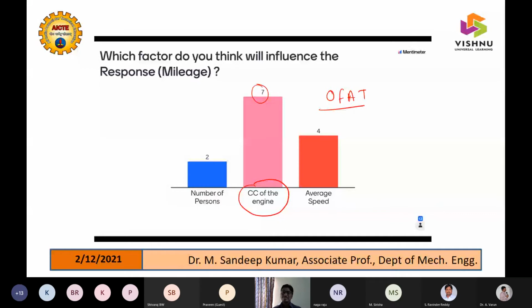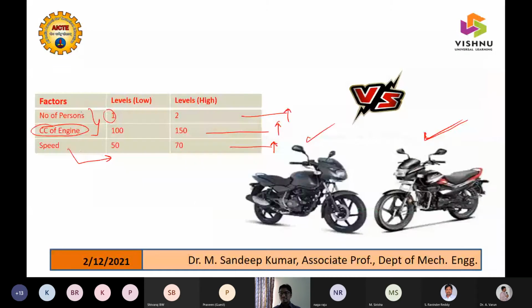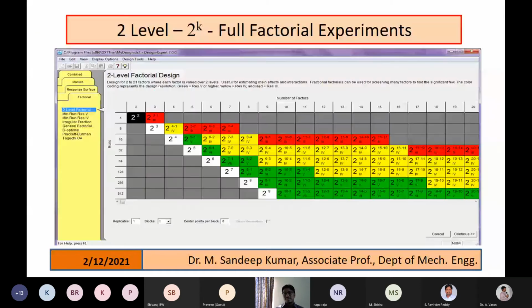So I am taking this 2 to the power of k full factorial. I am having only 2 levels here, just for preliminary experimentation. Now coming to this chart, everyone knows that this is the window which opens up when we open Design Expert. That is factorial experiments. This all white is generally full factorial, then green is fractional factorials. As we were looking into in the last session also, 2 to the power of 3 is what we were concentrating on, right? With 2 to the power of 3, I am going for 3 factors anyhow, right?